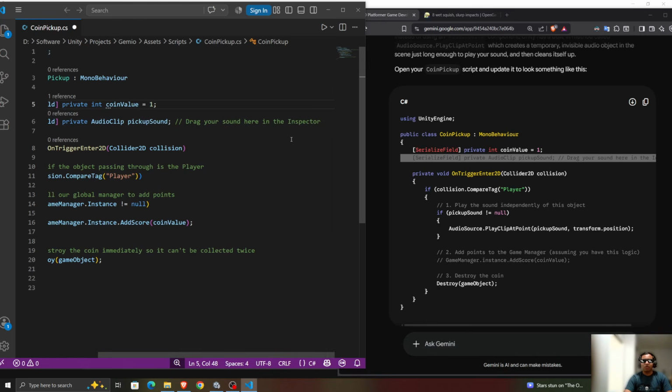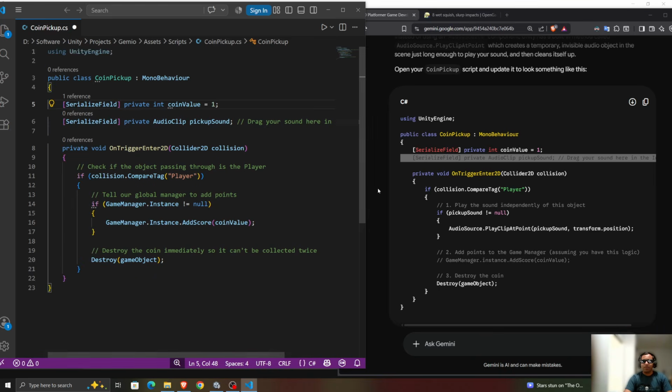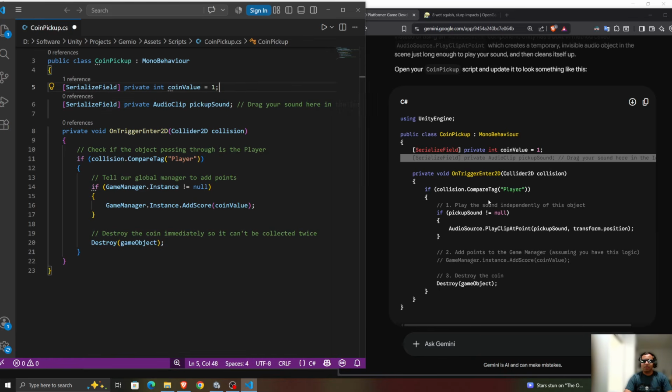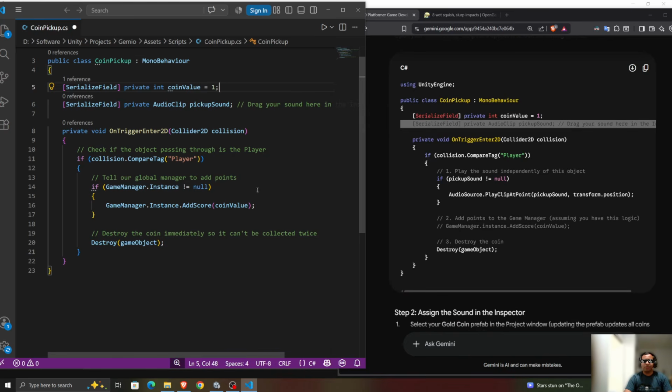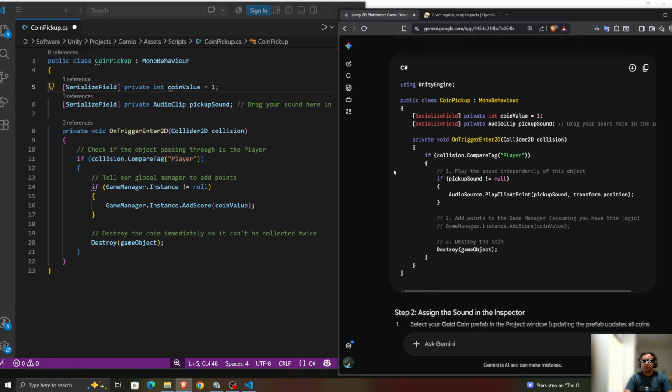Alrighty. So this is where we're gonna drag our sound in the inspector and compare tag player. Play the sound independently of this object. If pickup sound is not equal to null, audio sound play clip at point pickup sound transform. So it's just gonna be after